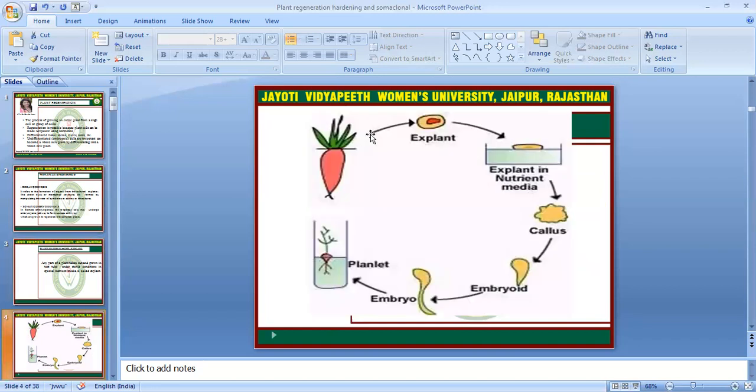So it can be used for the plant tissue culture technique. This is the flow diagram. Here we can see this is the complete mother plant. We can choose any part as the explant, and this explant can be transferred onto the nutrient media. It will create the callus, then the embryoid, which will further go into the embryo structure. After the completion of the embryo, first the shoot will be developed and then the root. This complete plantlet will be transferred to the field.